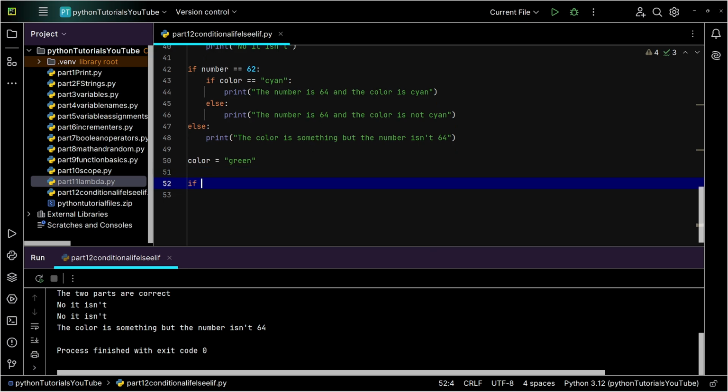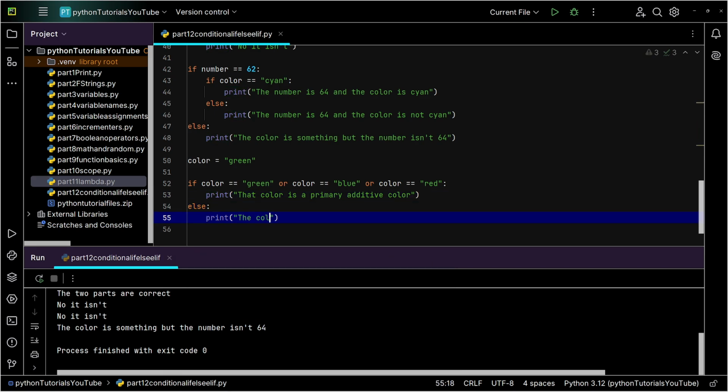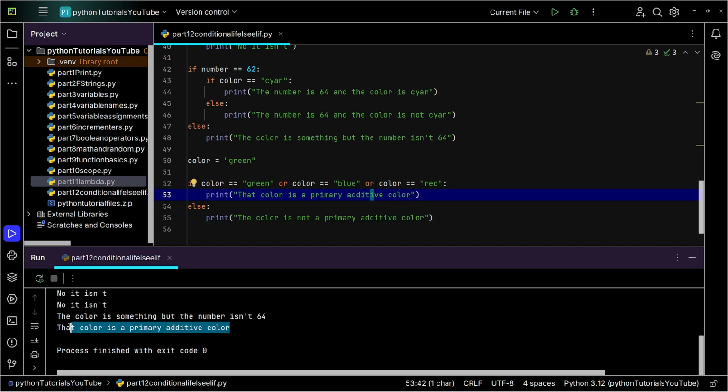All right, so I'm going to start with my if. It's going to be color. I'm going to say if color is green, or color is blue, or color is red, print that color is a primary additive color. I like that. Else, we're going to come in here and say the color is not a primary additive color. Probably spelled additive wrong, but you'll have to forgive me for that. So let's go ahead and run the code here, and we can see the color is a primary additive